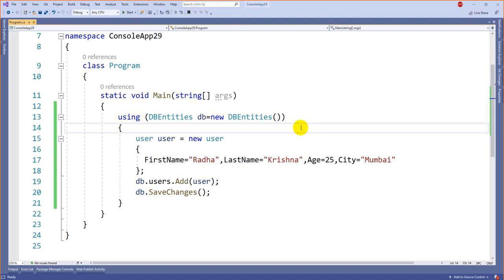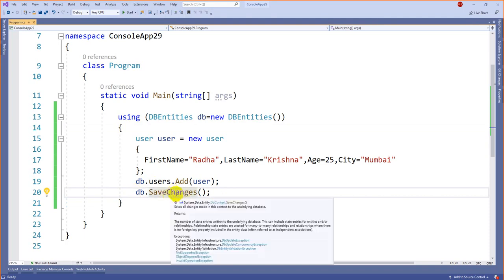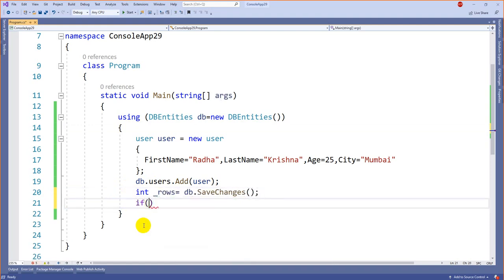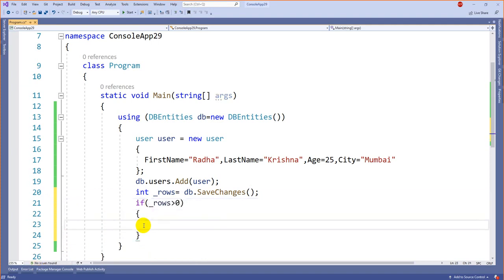One more thing, since it's a blind assumption that it is inserted successfully, in case you want to understand whether it is inserted or not, this SaveChanges also returns a number, how many rows are affected. Based on that you can decide whether the insertion is successful or a failure. So int, if you remember, this is equal to our ExecuteNonQuery. Here you can write if rows greater than 0, if at least one row is inserted, then on screen I can print